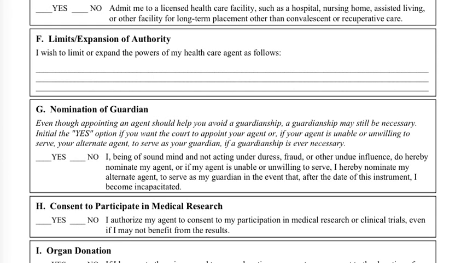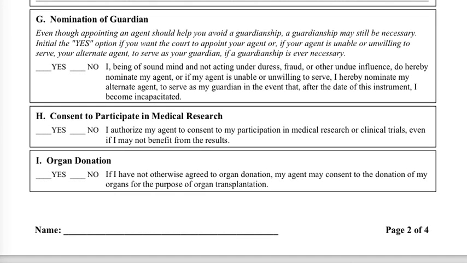Sometimes, however, this form will not be enough, and a court may still require court oversight through guardianship. If that is the case, this subsection G here allows you to state whether you want to nominate your agent as the court's first choice for a guardian. The court would still need to approve the agent, but they become the court's first consideration if nominated in this form. Subsections H and I grant the agent more powers regarding clinical trials and organ donation. Once again, I normally recommend granting the agent as much authority as possible to avoid legal entanglements. However, if you do not trust your agent completely, then you may not want to grant the agent these powers, or any powers for that matter.